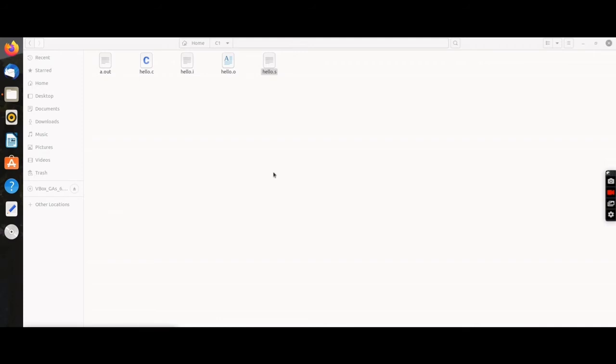This assembly level language is only understood by the assembler itself. The assembler takes the input as an assembly level language and converts it to the object file or the binary file. These are basically our final converted files.